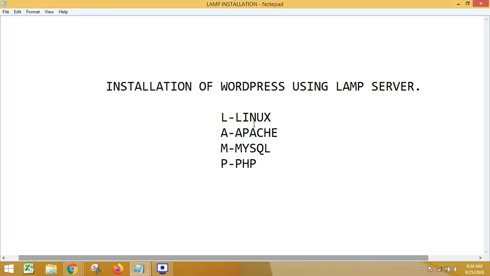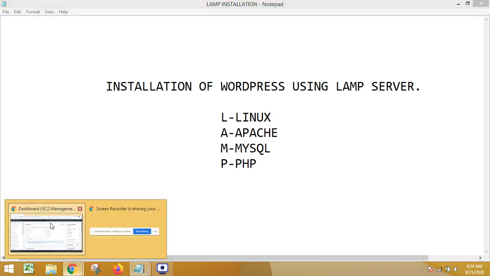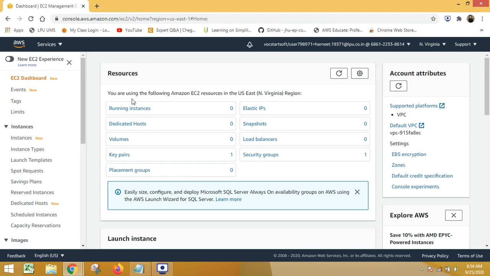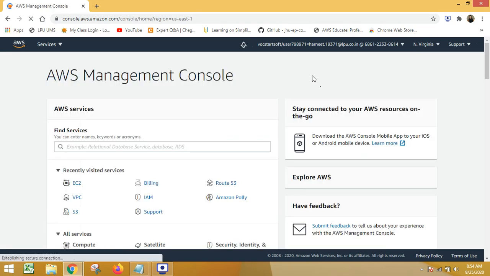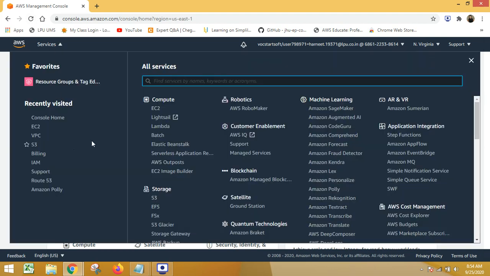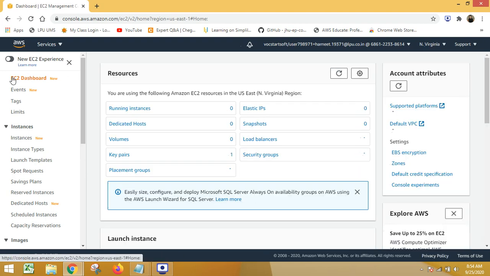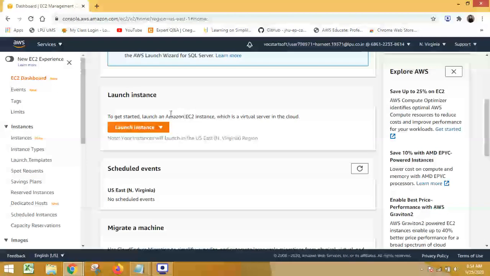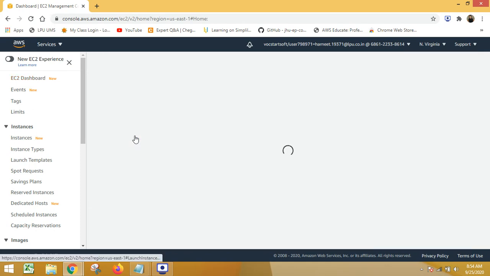So let's start understanding in brief about the very first step, that is how we can install the Linux instance from the AWS Management Console. So here I am in the EC2 dashboard in the AWS Management Console. So let me go to the home page. This is the AWS Management Console. Under the services, I can explore this EC2 instance, right? So once I reach here in this dashboard, now I have to launch an instance.